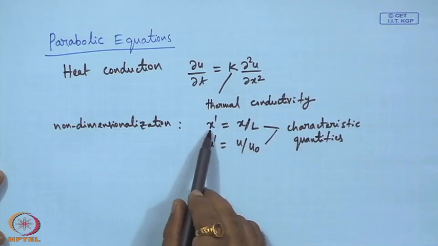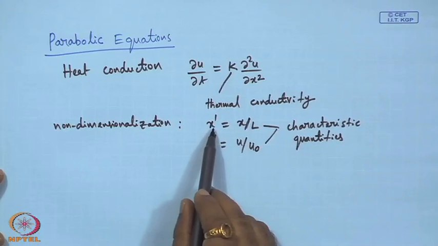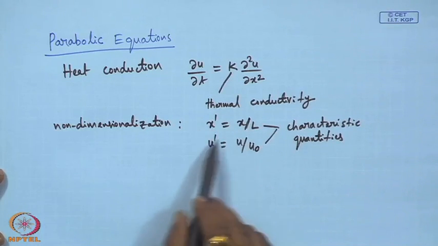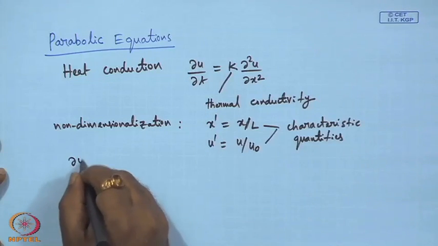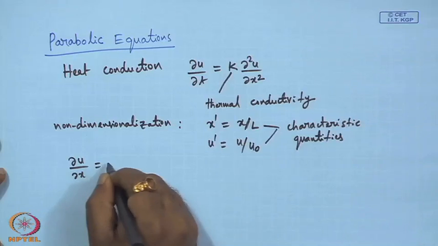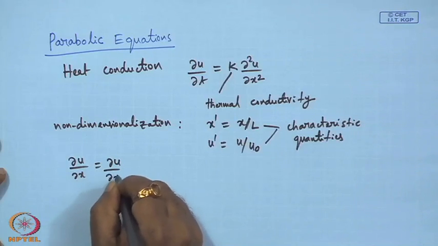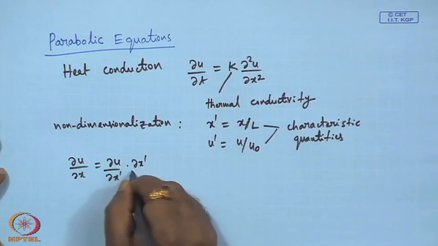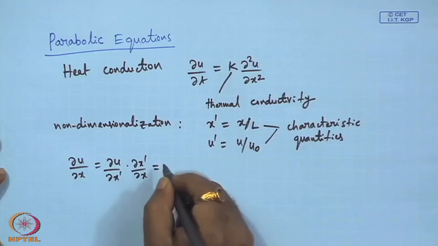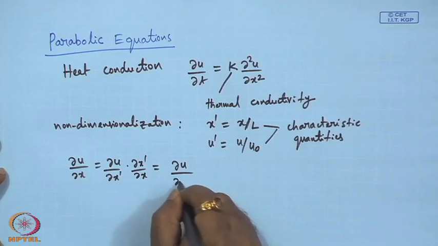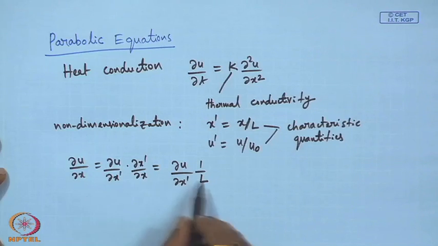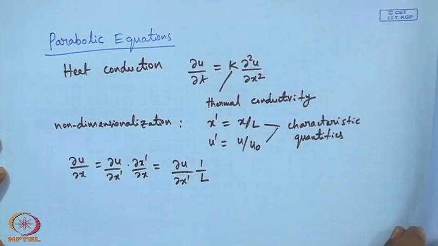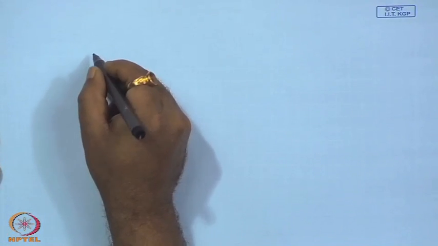Okay. So, if you introduce this, definitely with respect to x prime and u prime, these are non dimensional, right. Okay. So, that is how we do it. If we proceed like this, we get